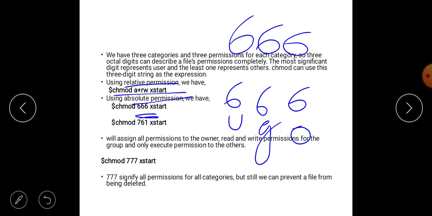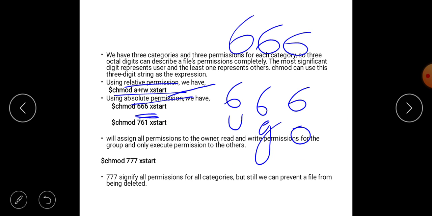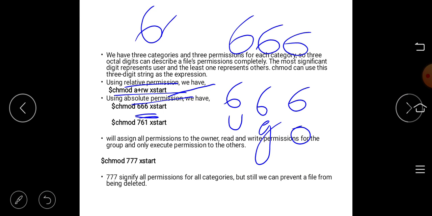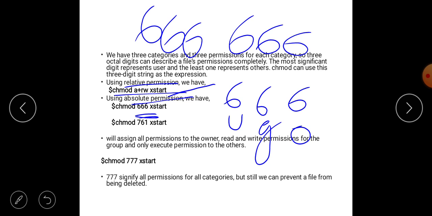In relative permission we used it this way, but in absolute permission we use the actual number to set the permission. So for all 3 categories we give 666: read write permission for user, group and others.